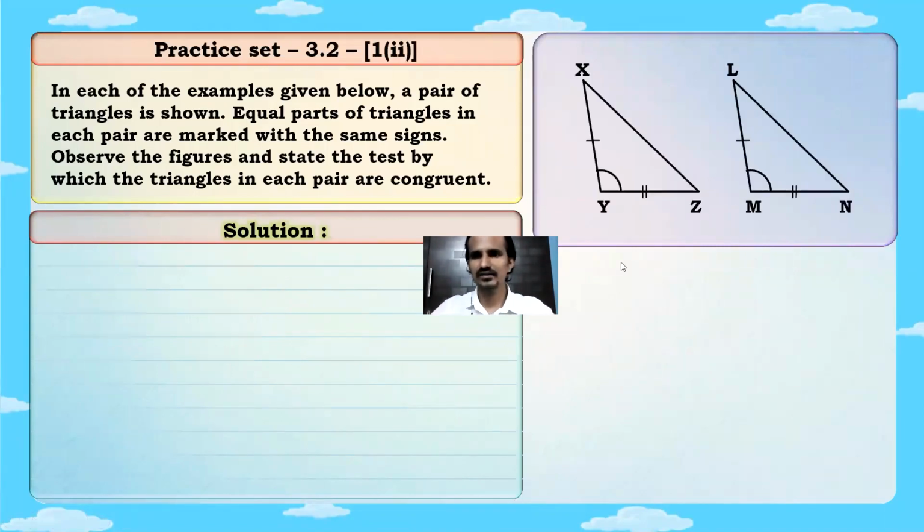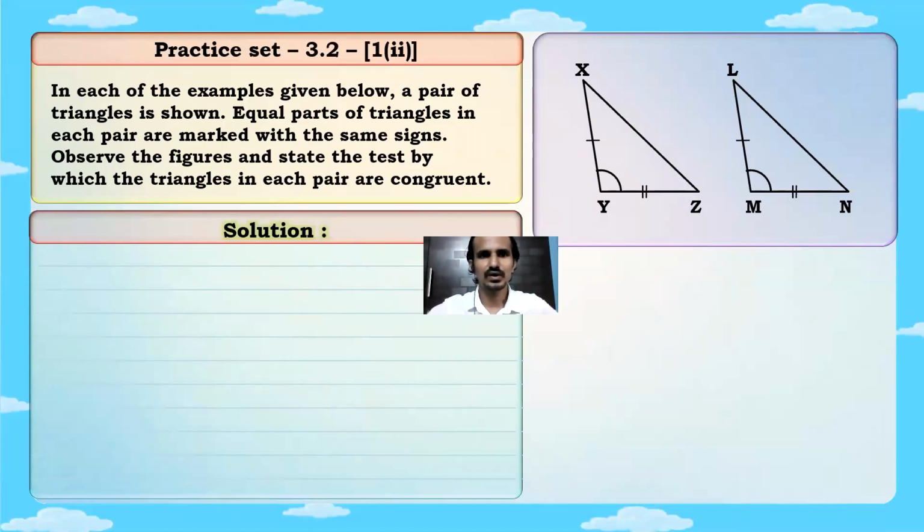The next figure we have, second one. देखो, question तो same है. The sub questions are changing now. Okay. So in the next question, we have 2 triangles, XYZ and LMN. Okay. So I have already started getting the answers from you. So the 2 sides are marked, and 1 included angle is marked, isn't it? So the test is going to be SAS test. Okay, SAS test it is.